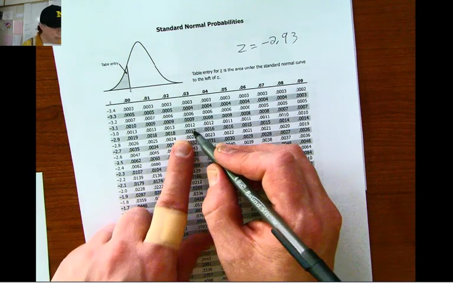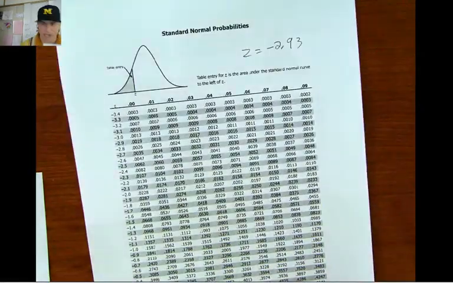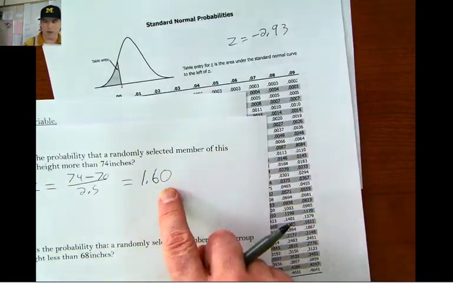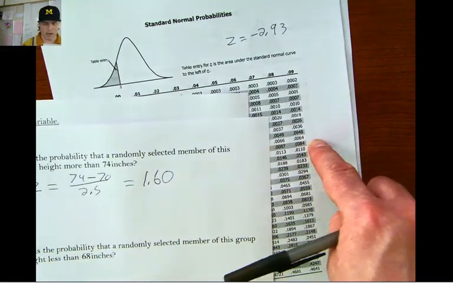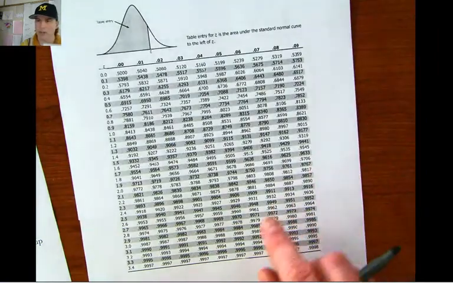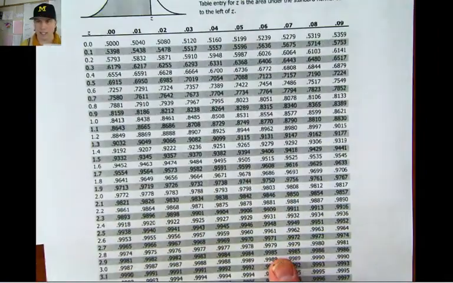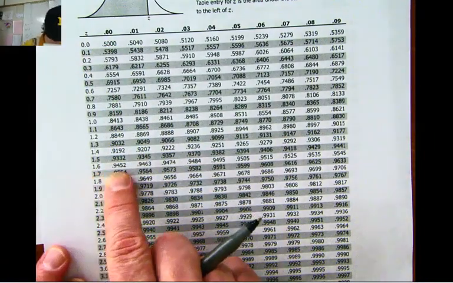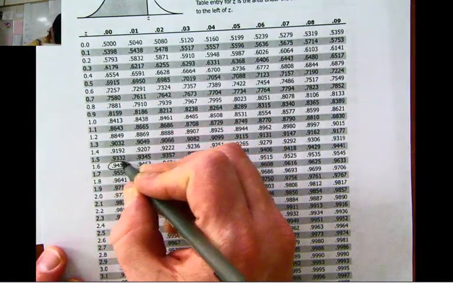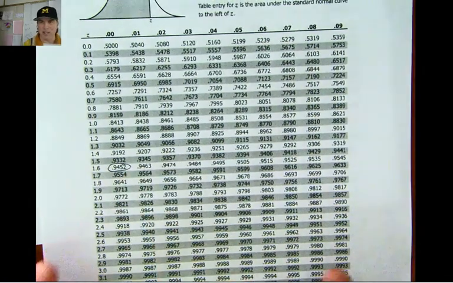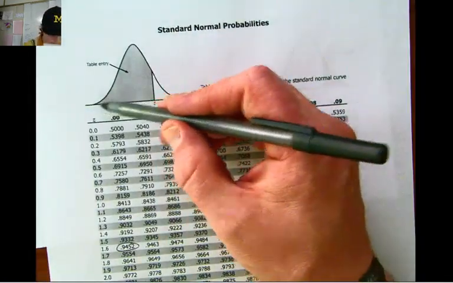Okay, so we'll talk about what that means in a minute, but in the meantime, I need to find the z-score for positive 1.6, and just to be clear, because this chart goes to the hundredth, it's 1.60. So over here on the other side, I've got my 1.6, and it's 1.60 right here. So I'm at 0.9452. So what that means is that in my z-chart here,